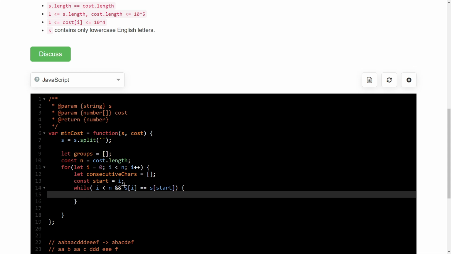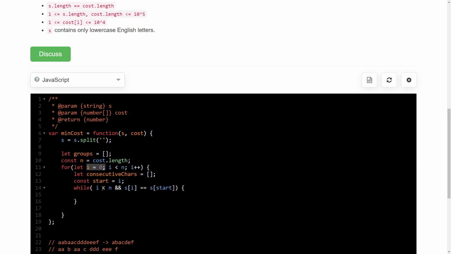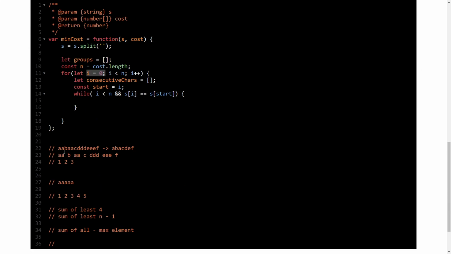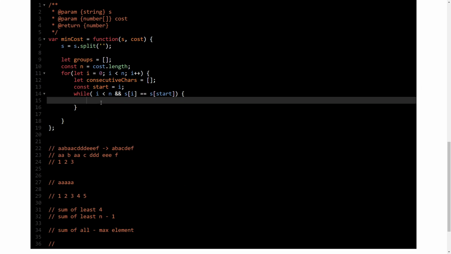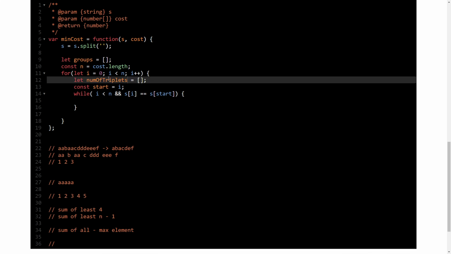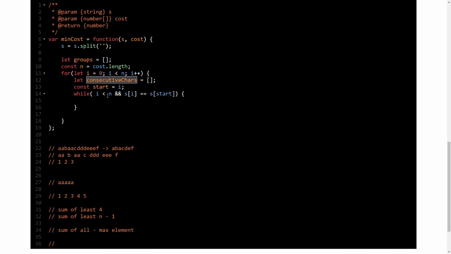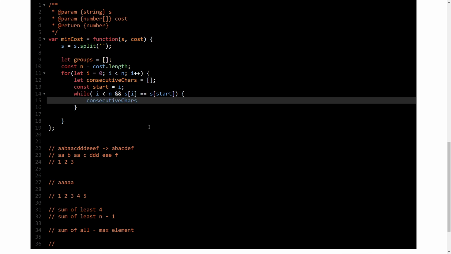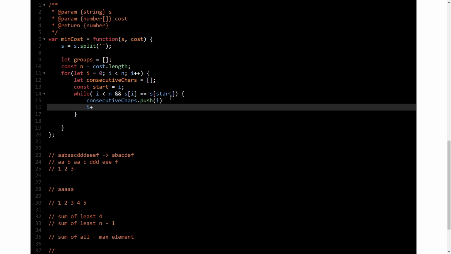So if we are starting with an index i, we keep iterating till we reach the end, and we see if the character is the same, then we just push it. consecutiveChars.push(i). We are pushing just the index right now because we will see why I'm pushing only the index. Now we will increment i.